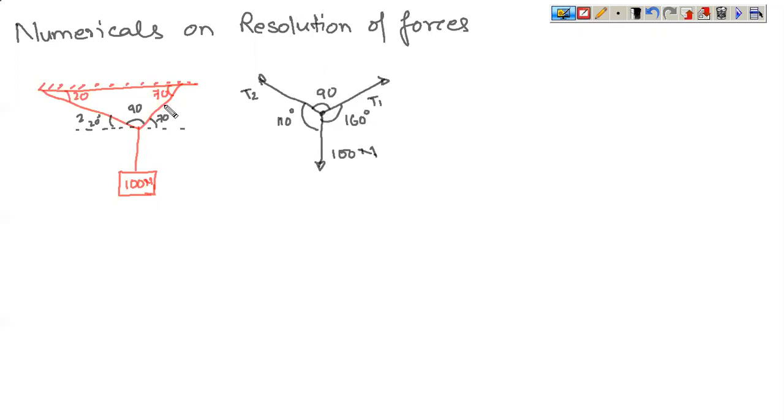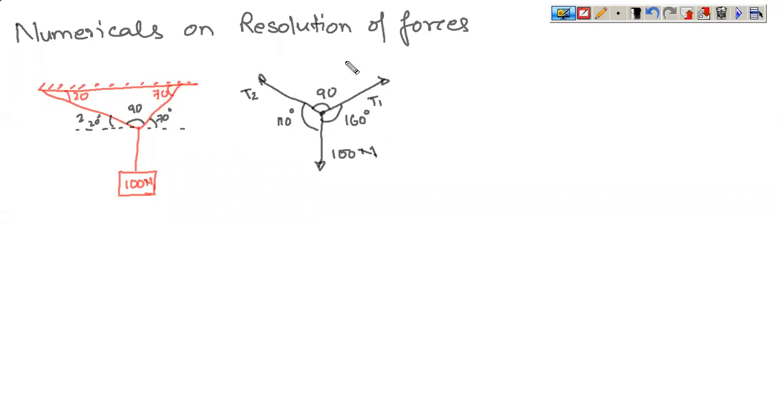Now there is another assumption that you have to take: this system is in equilibrium if nothing is given in the problem. How do you understand what you need to do? If there is a statement in the problem, determine the resultant, then you have to use any of the laws to find the resultant. If this statement is not there, that automatically means that the system is in equilibrium. You have to understand whether it is a coplanar concurrent system or a coplanar non-concurrent system. Here all the forces are passing through the same point, so this is a coplanar concurrent system.